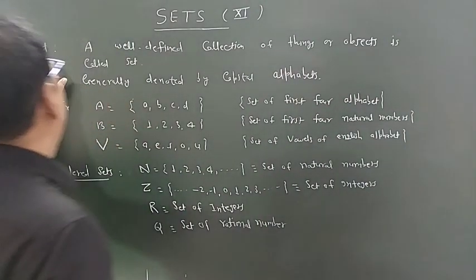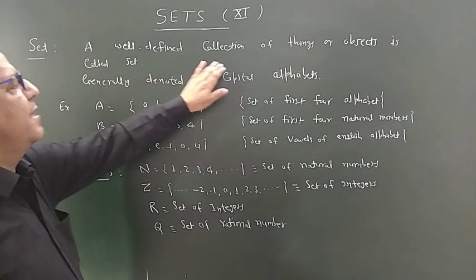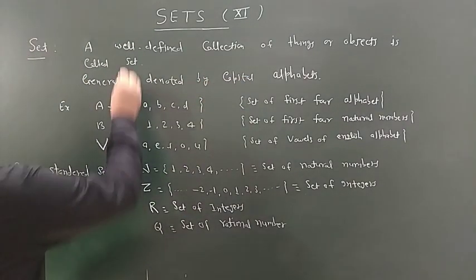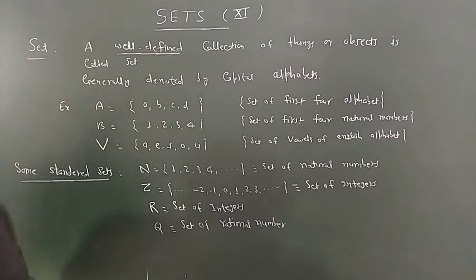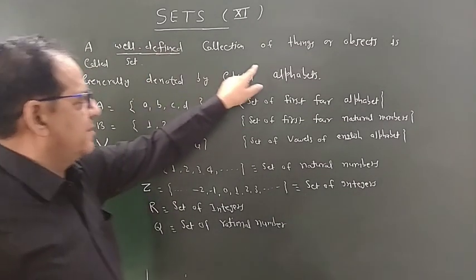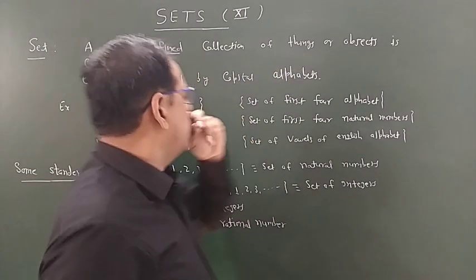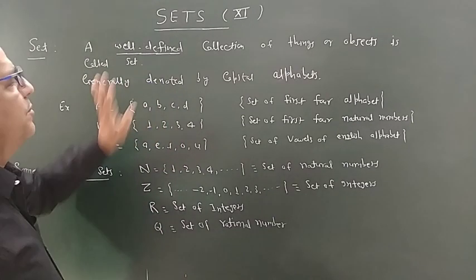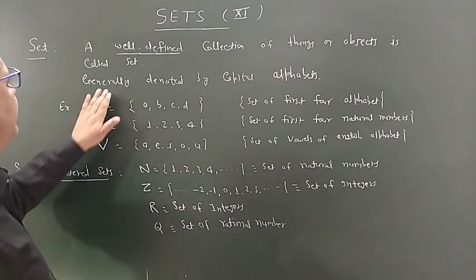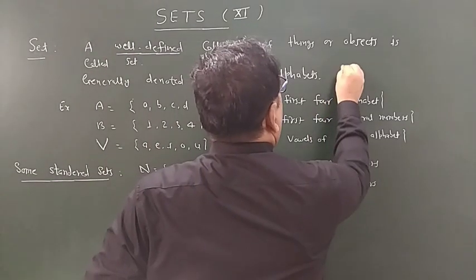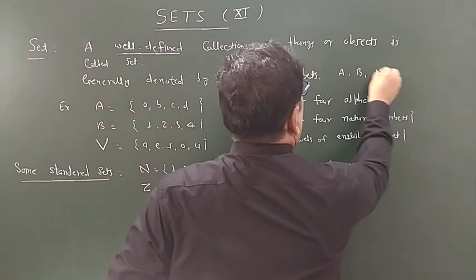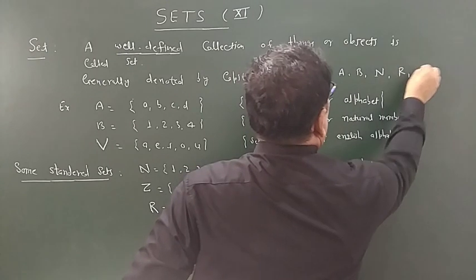Set, a well-defined collection. A well-defined collection of things or objects is called a set, generally denoted by capital alphabets, namely A, B, N, R,